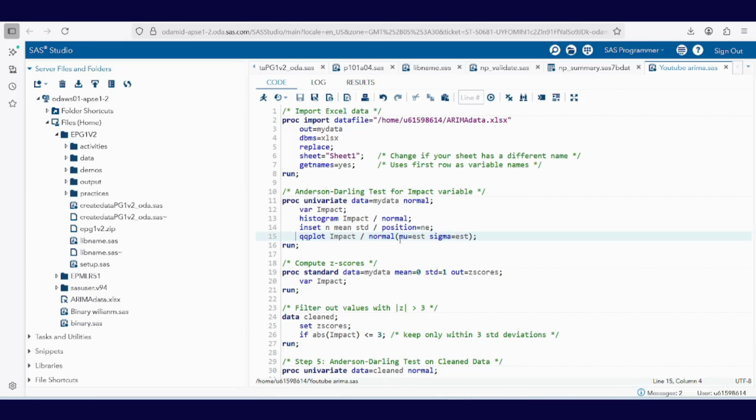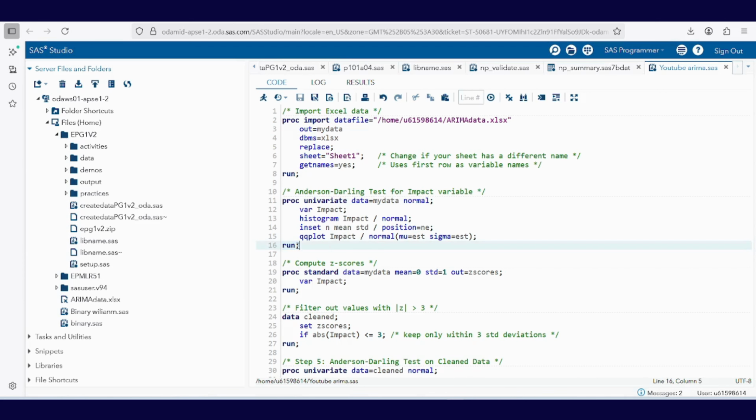NORMAL(MU=EST SIGMA=EST) means estimate the mean, mu, and standard deviation, sigma, from your data instead of assuming fixed values. If points lie close to the diagonal line, the distribution is approximately normal. Our last statement is RUN;